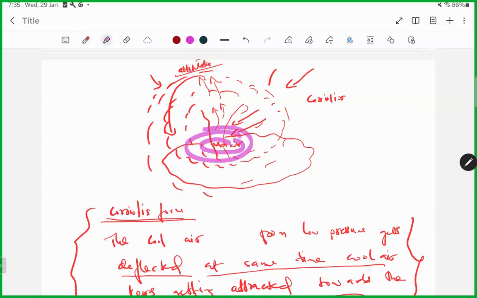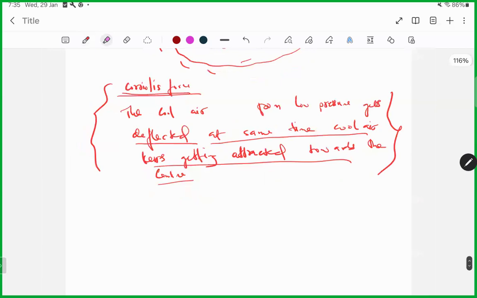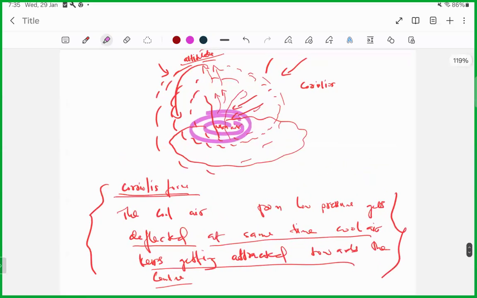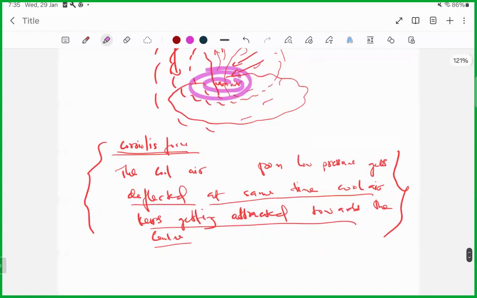So this is all about the simple explanation of tropical cyclones, where the cool air keeps getting attracted towards the center, which is the warm air, where the warm air rises and gets expanded as it rises, and as it reaches the high altitude, it gets cooled and comes down again. And as a result, a spinning of air causes a cyclone in a clockwise direction.